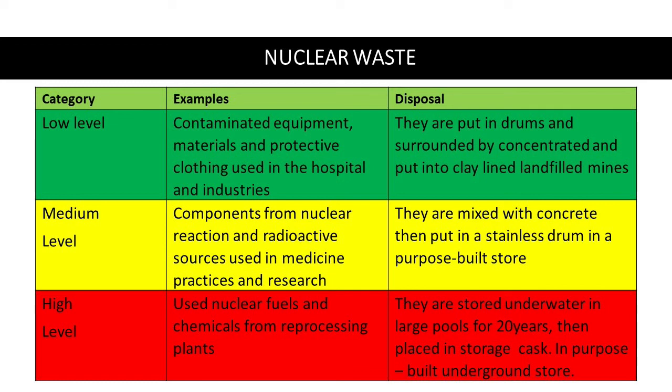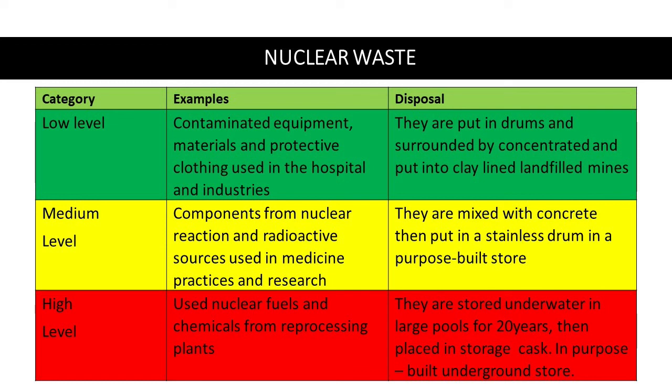In medium level, components from nuclear reactors, or radioactive sources such as those used in medicine, practice, and research are some of the examples of the medium level category of nuclear waste. So basically, they are mixed with concrete and put in a stainless steel drum